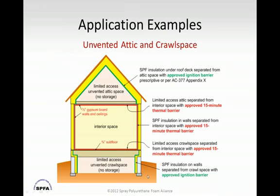So finally, I'll wrap up with a couple of applications and then I'll entertain some questions. When we get into weatherization, we often see the use of spray foam under a roof deck. And if you have spray foam under a roof deck, that's where we see a lot of benefit for our products, especially when we have ductwork and HVAC equipment in the attic. You can do this with one of these approved ignition barriers, or in some cases, some foams pass the Appendix X test without an ignition barrier coating,